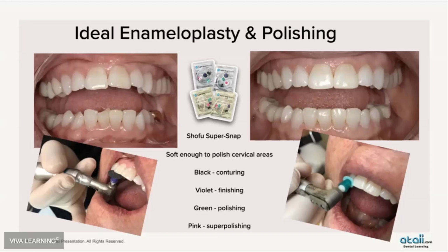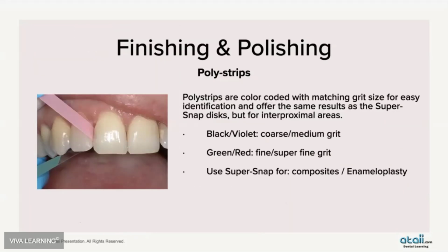So for enamelplasty or even polishing some of these composites, I like the Super Snap that Shofu offers with the Duro stones, because now I have the contouring that has different color codes from black, violet, green to pink, so I can contour, finish, polish, and even give a fine super polish where it looks like I just put a layer of shine on there. It allows me to have these finishes and buff the finish and polishing with the poly strips that can go in. And again, those are all color coded too, to have nice contours from the black, which is the coarse, to the medium grit, the violet, again, going to the green and red, pink color for that fine grit. So I really want to give you these tools, because when you start to look at the finishes,